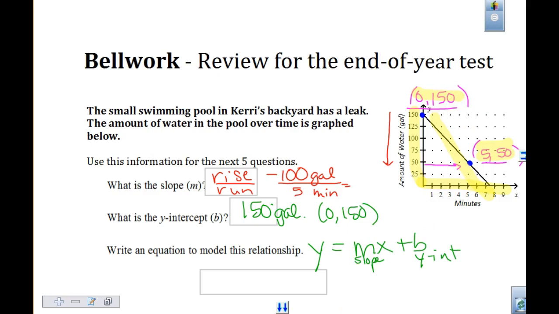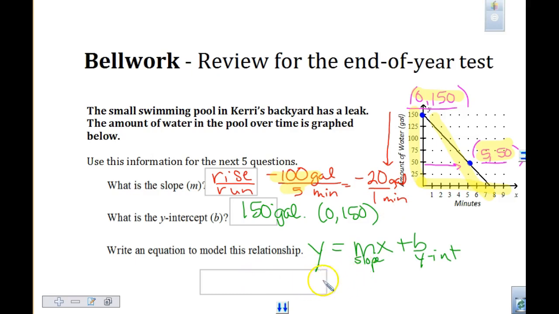So when you get ready for state assessment next week and they say, oh, what's the equation of this line? Is this equation positive or negative slope? Goes down to the right, it's a negative slope. What did we get when we take a negative 100 and we divide it by 5? Negative 100 divided by 5 gives us negative 20 over 1. That's 20 gallons in 1 minute. So if I'm writing my equation,